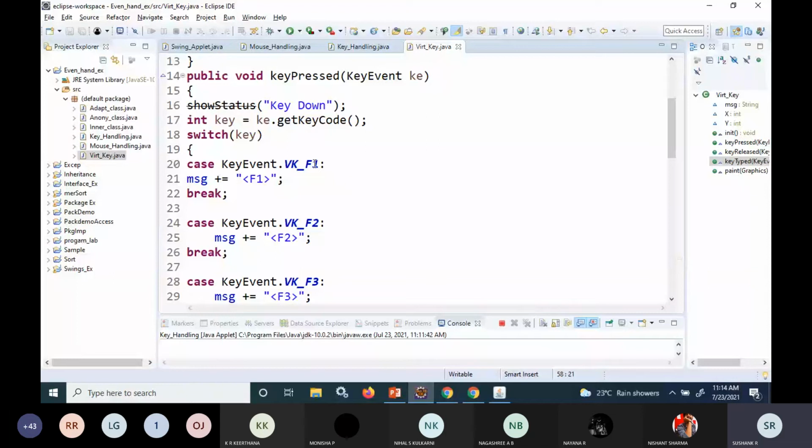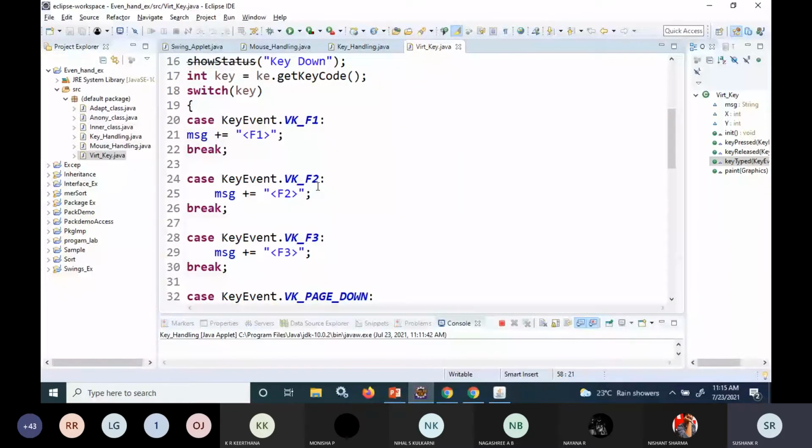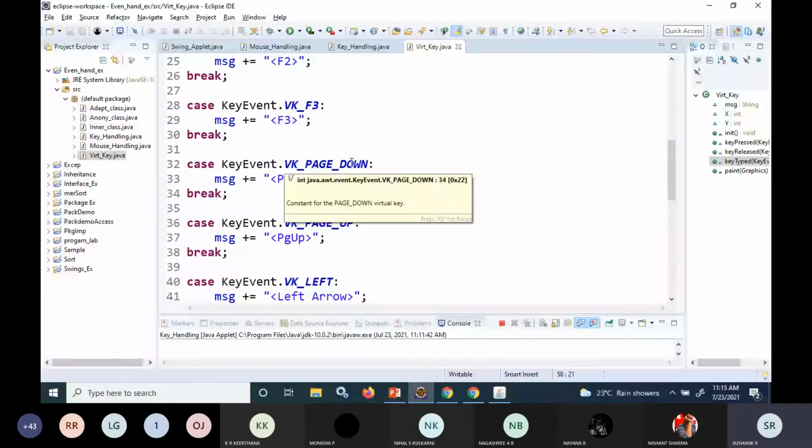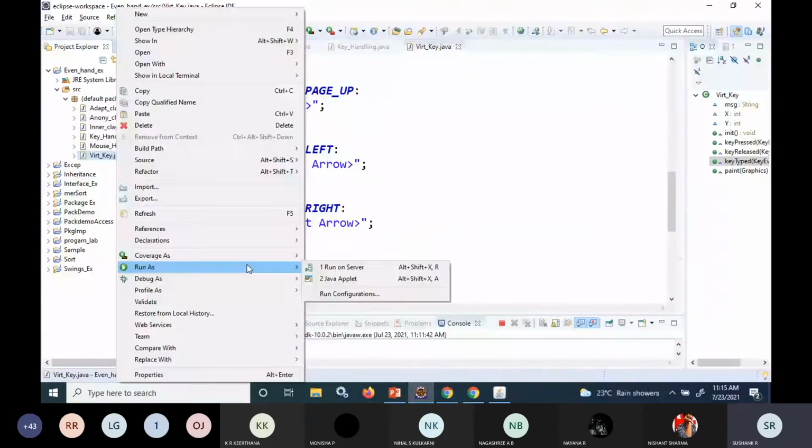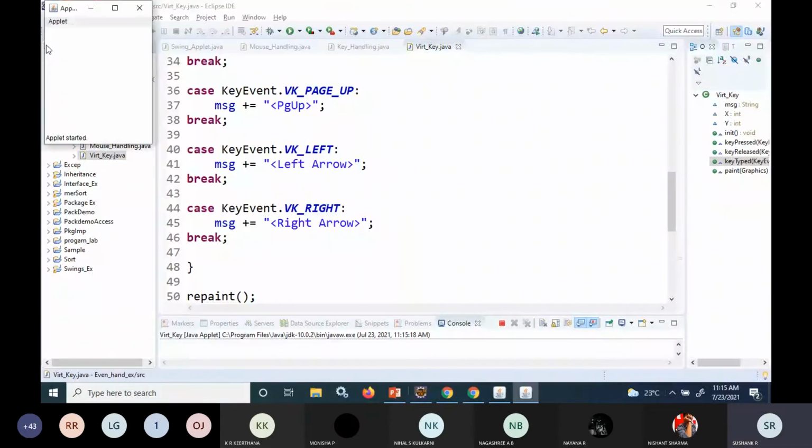So VK_F1 means function 1, then function key 2, function key 3. This is if I press page down: VK_PAGE_DOWN is the code for the page down button, and similarly for page up, left arrow VK_LEFT, and VK_RIGHT. So the same program here, I'm making some changes for getting data about the various keys.